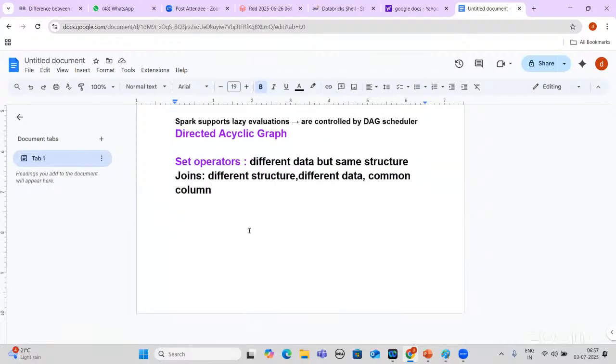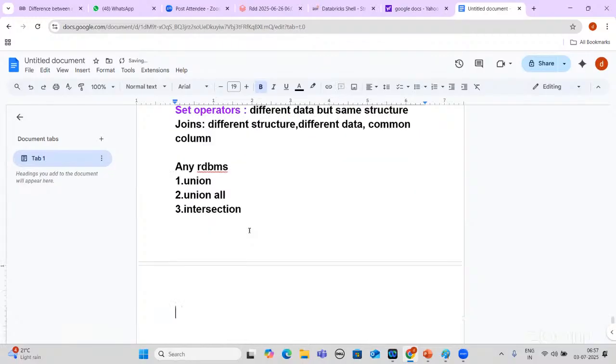Now any traditional RDBMS has all the set operators, you know: union, union all, third one is intersection, fourth one is subtract.